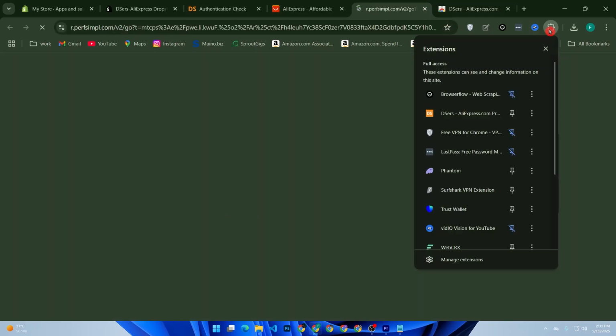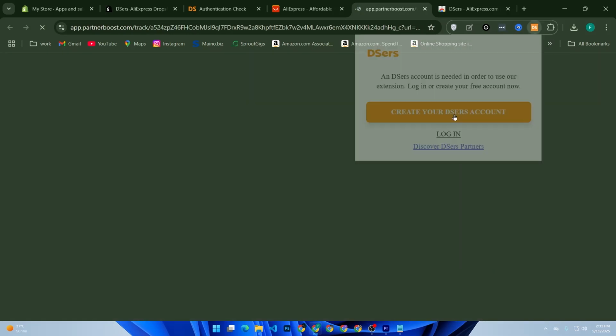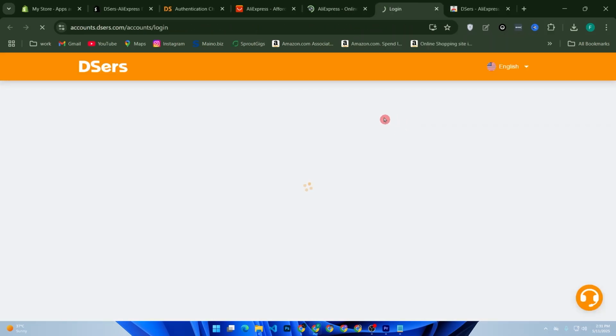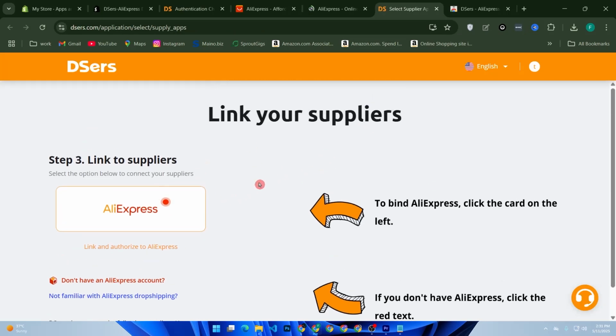Now click the extension icon and select the extension and log into your account from here or create a new account with your Shopify credentials and link and authorize to AliExpress